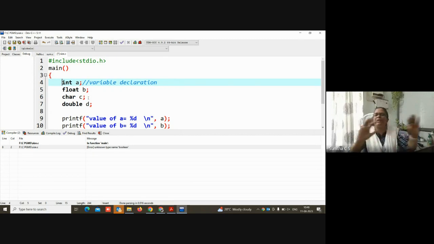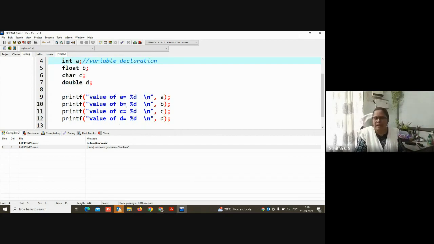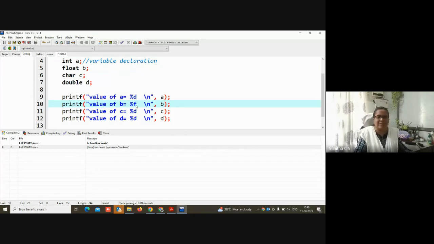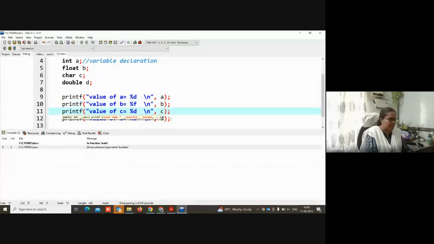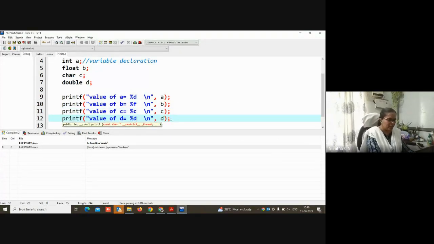But I'm not giving any value for these, and without giving the values, I'm trying to print something. So for a I can give percentage d, but for b I have to give percentage f for the float, for character c I need to give percentage c, and for double percentage lf.